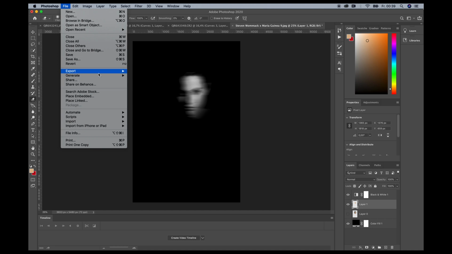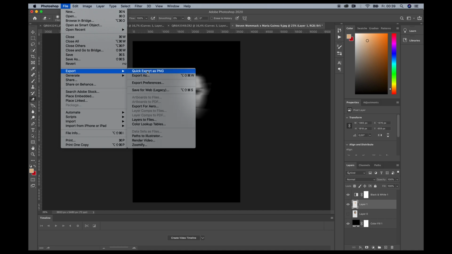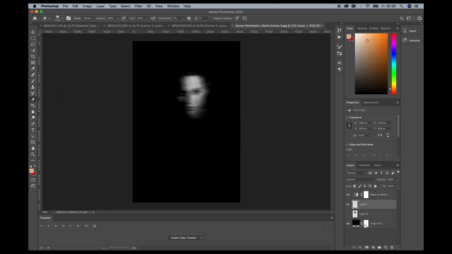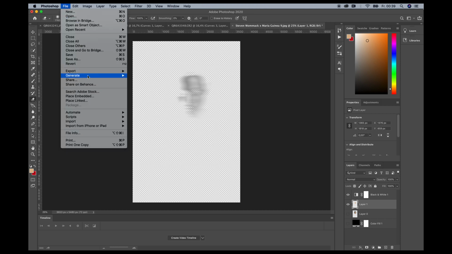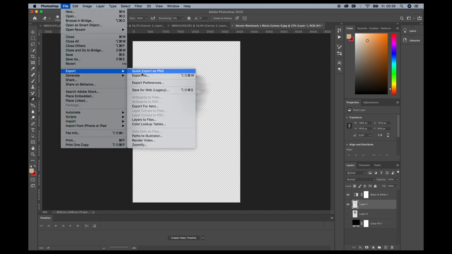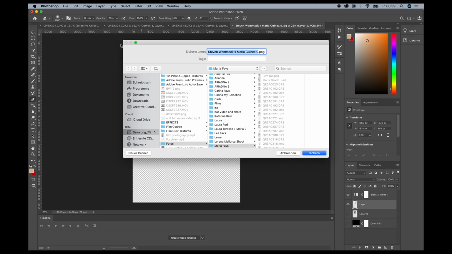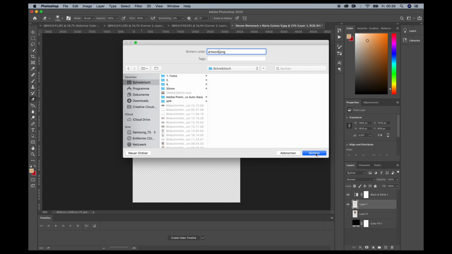Now what you want to do is export the file right here, export as PNG file. That's very important because we want the background to be transparent. Now before we do this, we have to turn off that black layer here, and now you can see we have that transparent background again. So this is how we want to export it. So we hit File, Export as PNG, and then you can just put it wherever you want and just say artwork. Save it to the desktop,